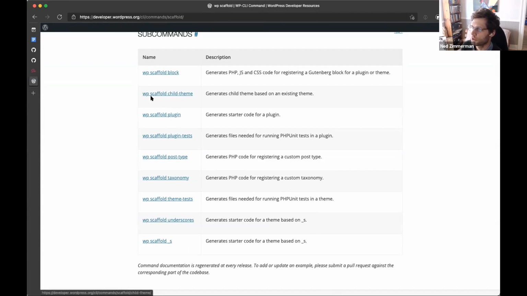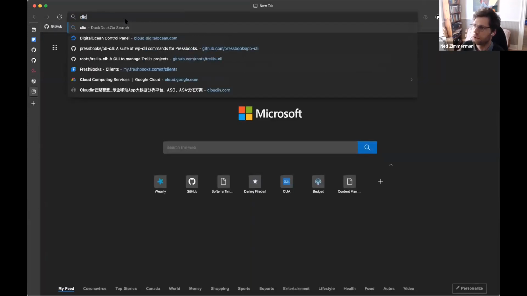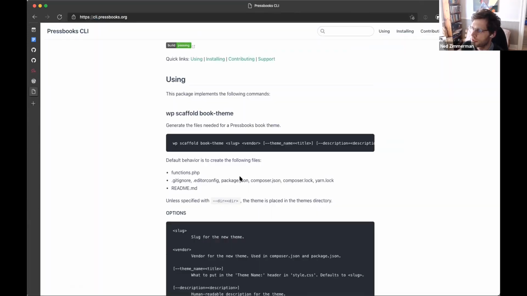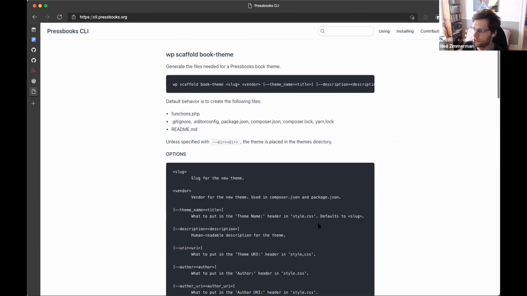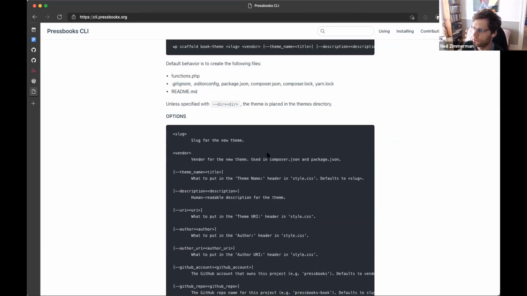The difference with the theme scaffold package that is part of Pressbooks CLI is that we have some custom content that needs to be added to it. And so using the default WordPress child theme scaffolding routine wasn't enough to bring in all of the pieces that were needed. So this adds